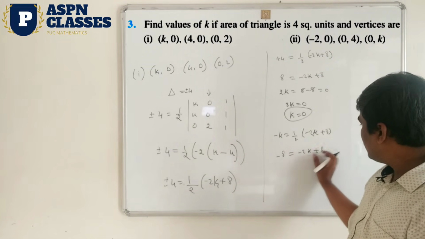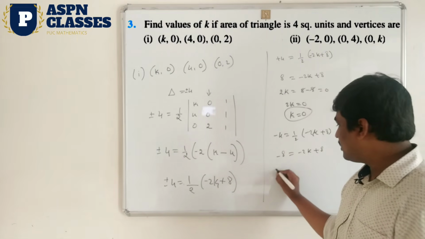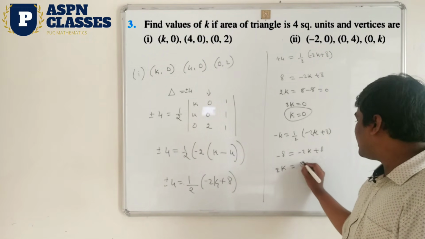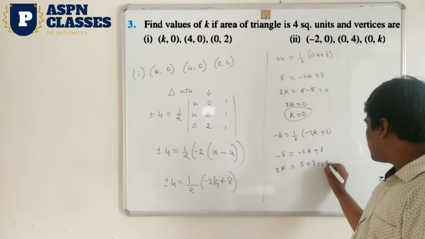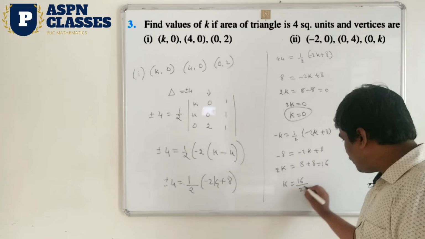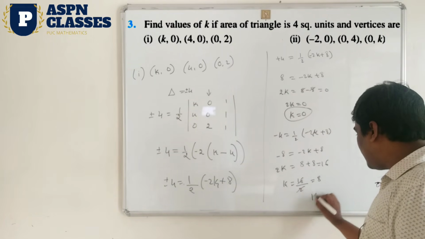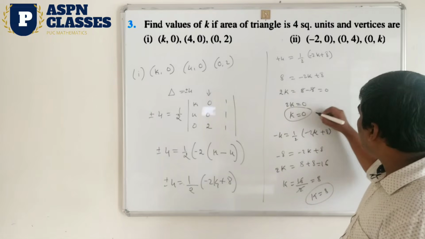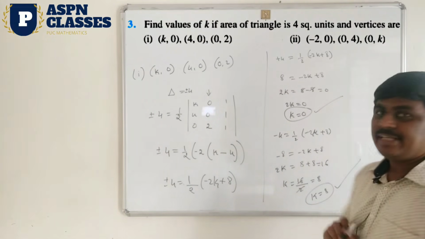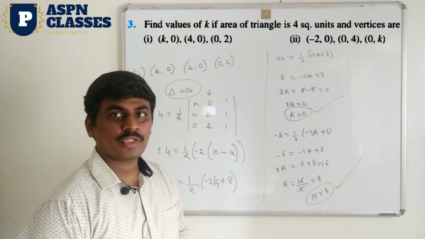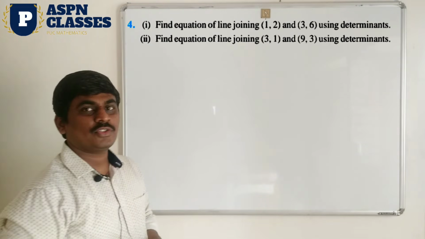Okay. So now this result you have to shift it this side, minus, it will be plus 2K, and minus 8 you shifted this side, means plus 8. 8 plus 8, 16. Then K is equal to 16, and 2 also shifted here, 2. It means you get the answer is 8. So K is equal to 8. So 2 answers are correct here. K value is 0 as well as 8. Same as it is, second question, you take it as homework. Okay. Next, fourth question.